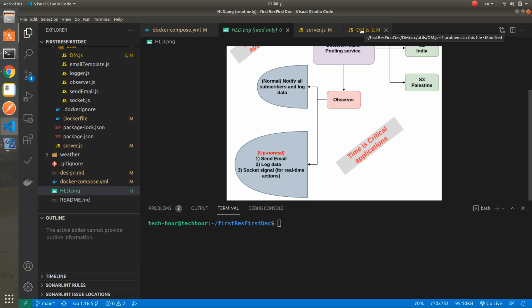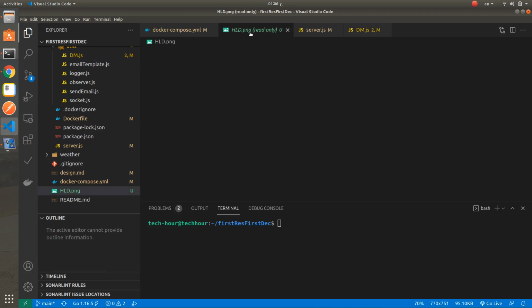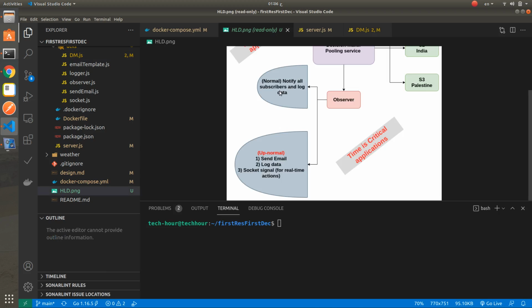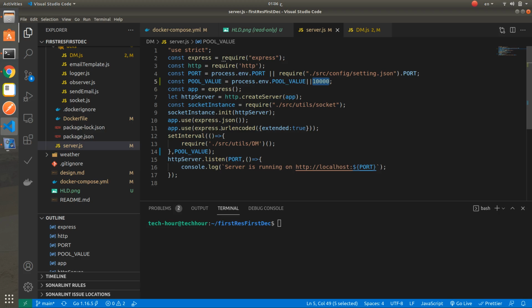And if the temperature is less than the threshold value, the normal event will be fired, which will log the data into the file.